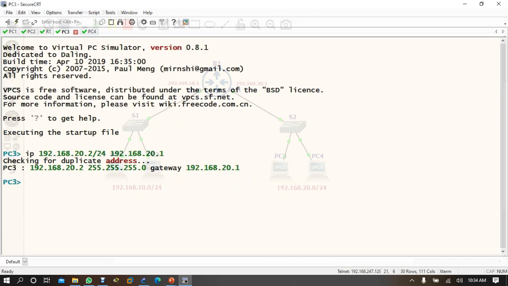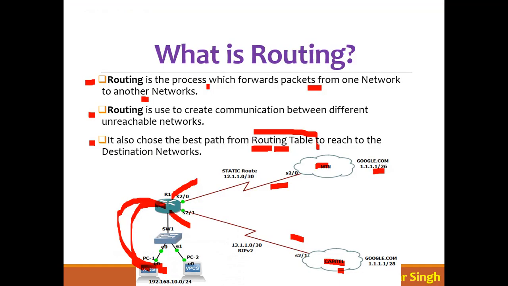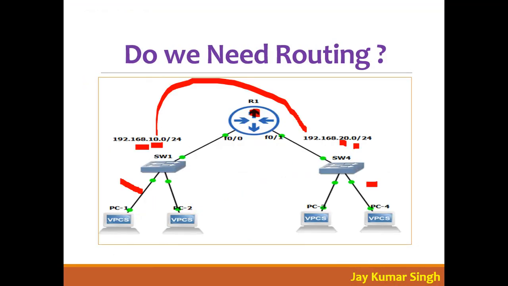Even PC3, which belongs to 20, is communicating to 10, right? So in this condition, do we need routing here? No. Why? Because even from this router, the 10 networks are connected, no problem. All these networks will be able to communicate with each other.